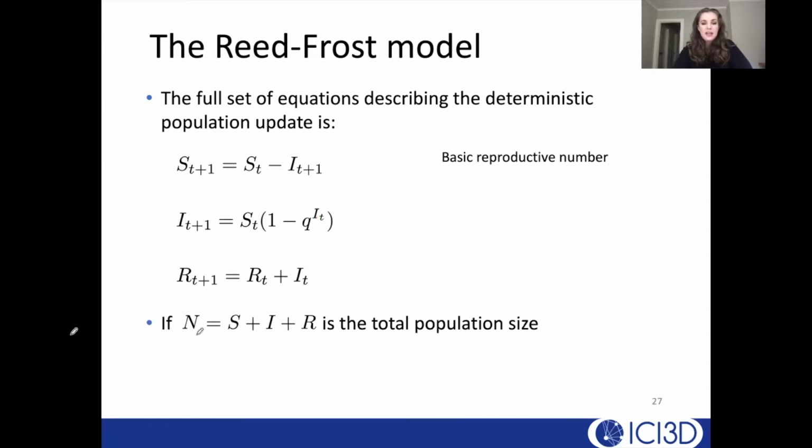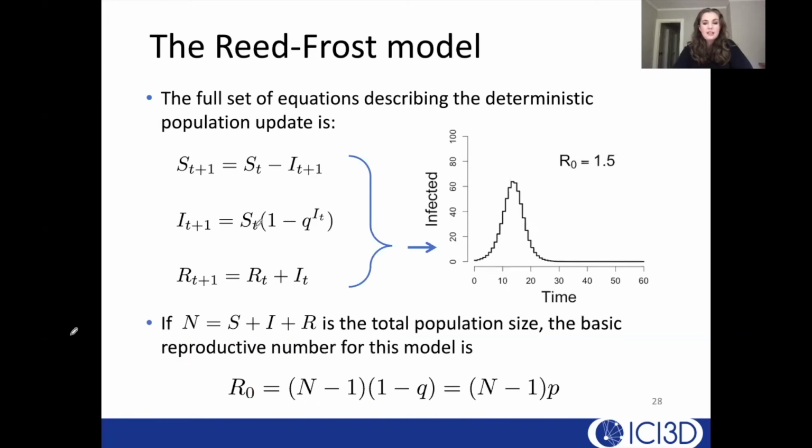Well, if N is S plus I plus R, the total population size, and we said that there's one infectious individual in an otherwise fully susceptible population, that means we have 0 recovered individuals. So S equals N minus 1. So we can plug that in for S_t,